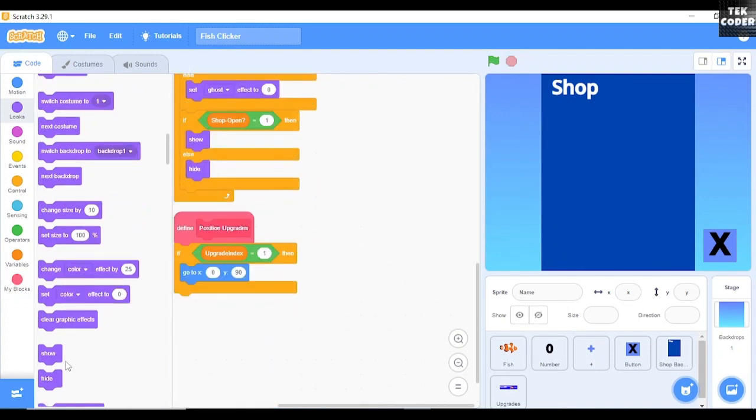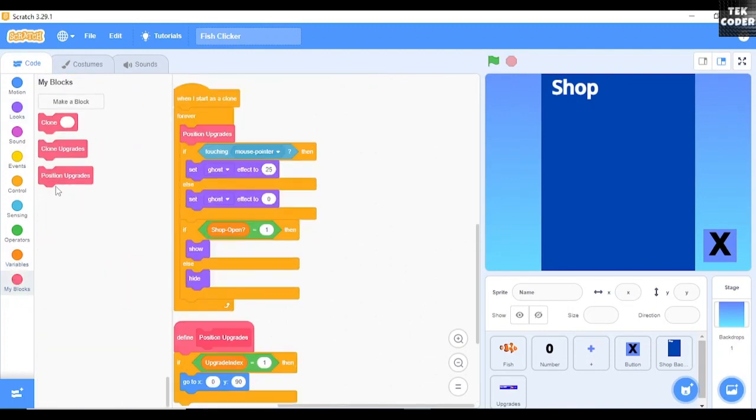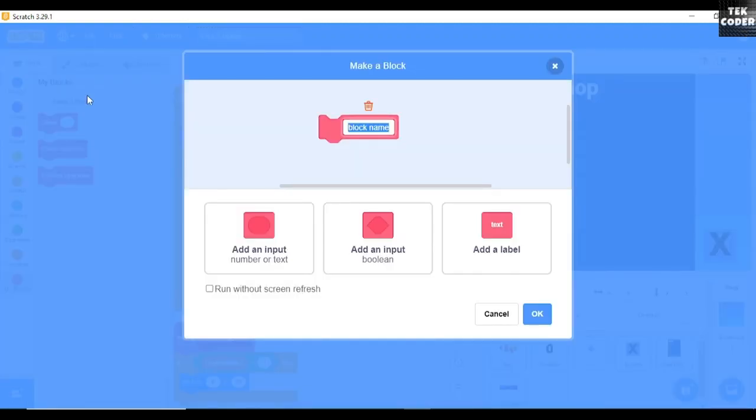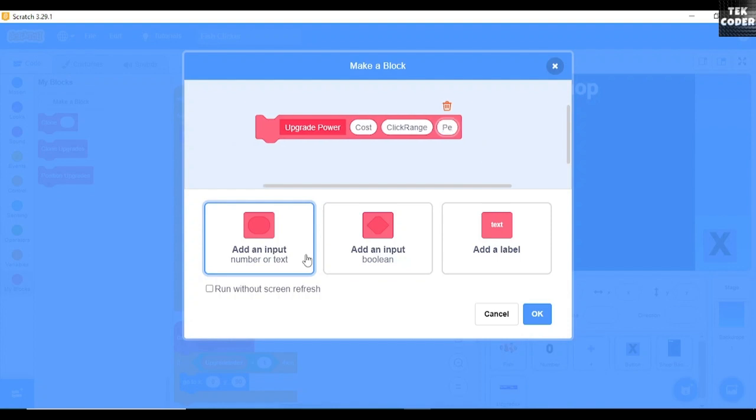So let's create a new block called upgrade power, and then put the cost of the upgrade, and then put something like click range, and then per second range. Then click OK,